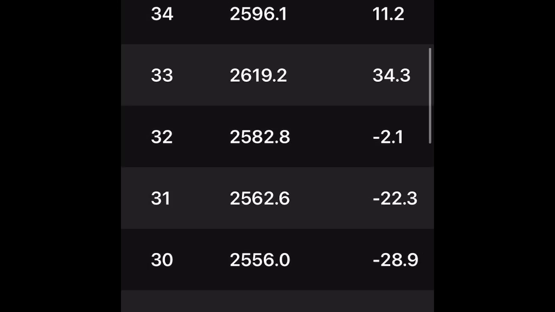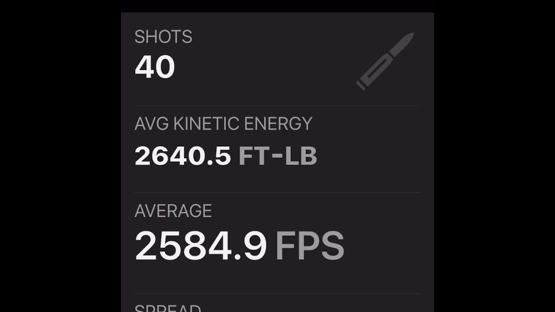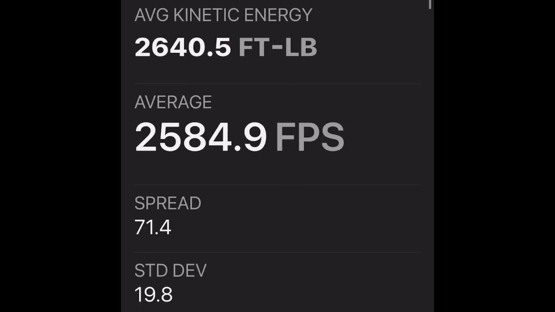Obviously, the biggest thing about knowing velocities for me is when I use my ballistics calculator. I use GeoBallistics, and maybe I'll do a little short video on that too while I'm letting copper solvent do its work. Now, if we look at my average,